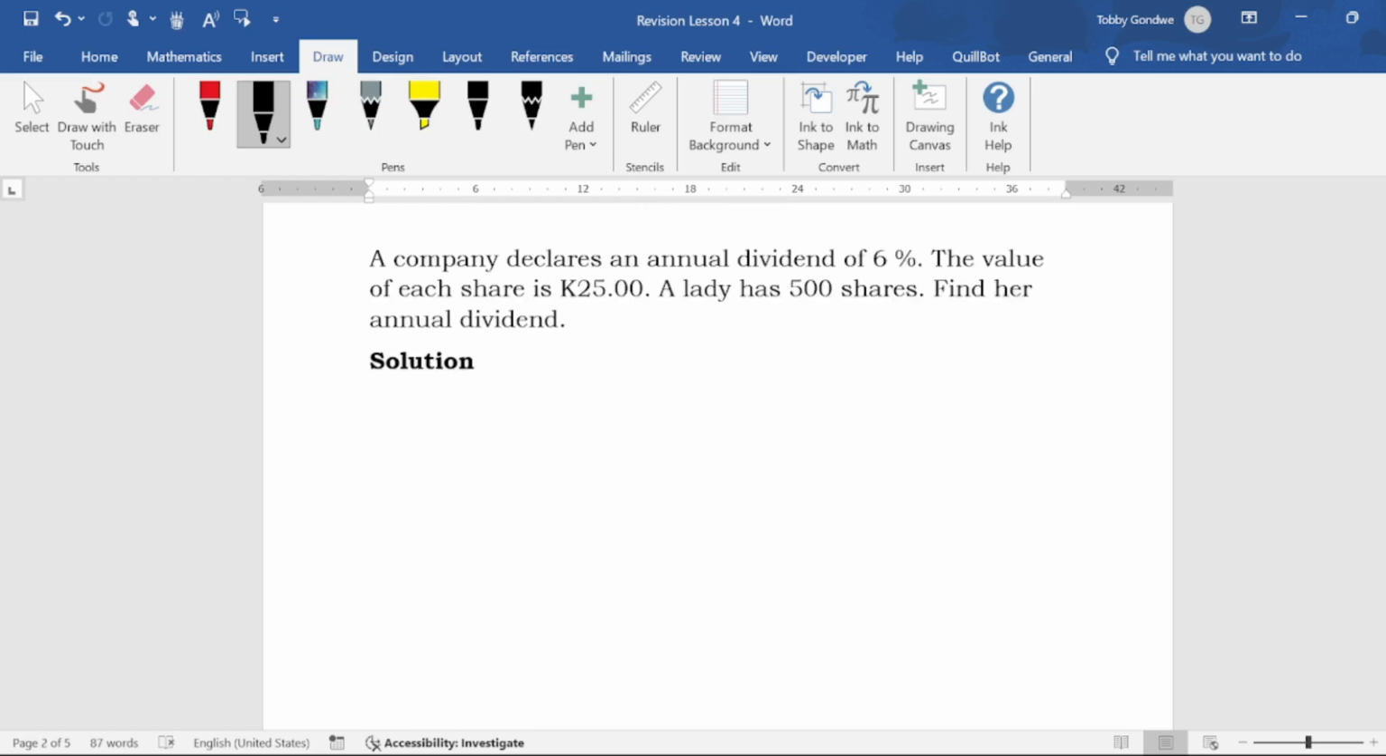A company declares an annual dividend of 6%. The value of each share is 25 kwacha. A lady has 500 shares. Find the annual dividend. So now maybe we need to explain a few things here for some people. What is a dividend, first of all? I'm sure you are aware that a dividend basically is an amount of money